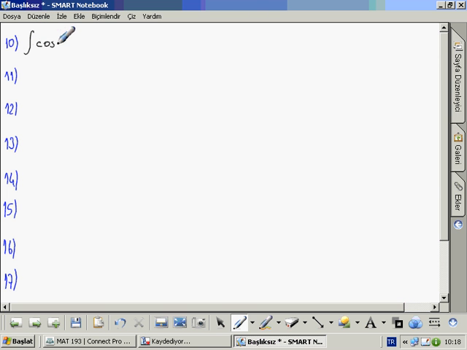Integral cosine ax dx equals 1 over a sine ax plus c, integral secant square ax dx equals 1 over a tan ax plus c,